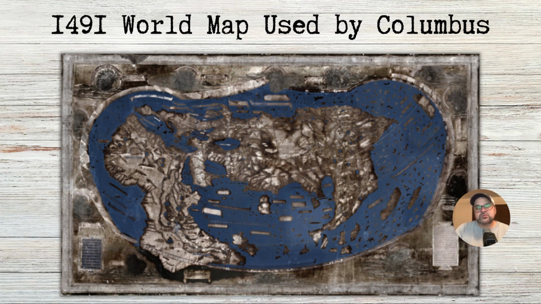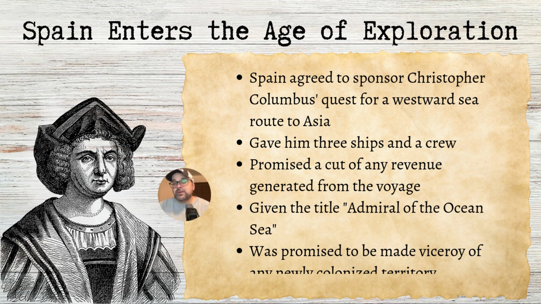So this is where we kind of see both of those play together in this idea. Now, by agreeing to sponsor Columbus's voyage to find this new route to Asia, Spain officially enters the age of exploration alongside Portugal. King Ferdinand and Queen Isabella only approved the voyage out of concern that Columbus would find someone else to sponsor him. They really did not expect Columbus to make it to Asia because, again, his calculations of the distance were repeatedly and heavily underestimated.